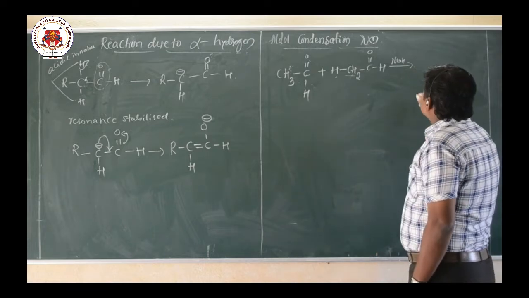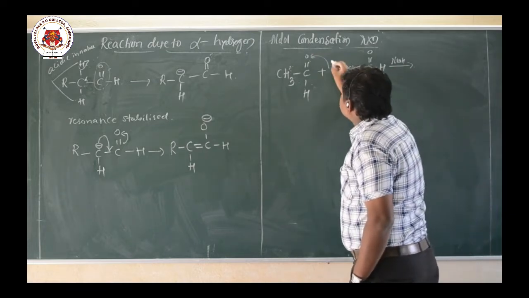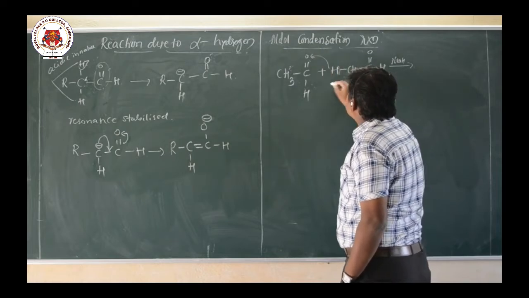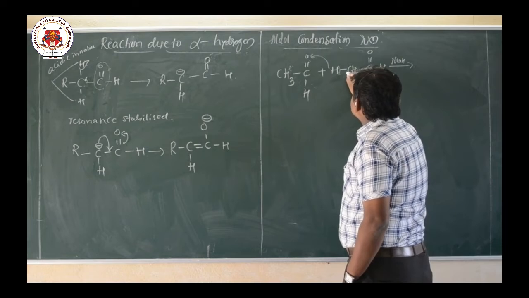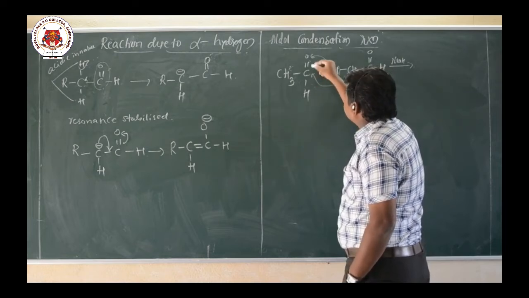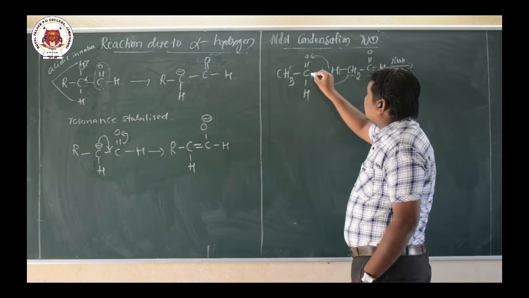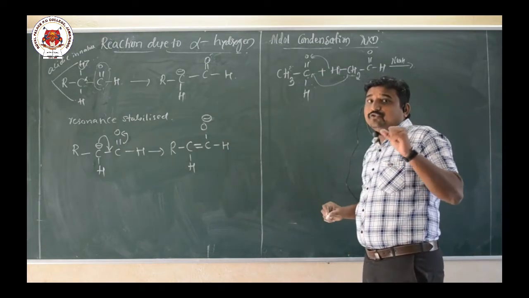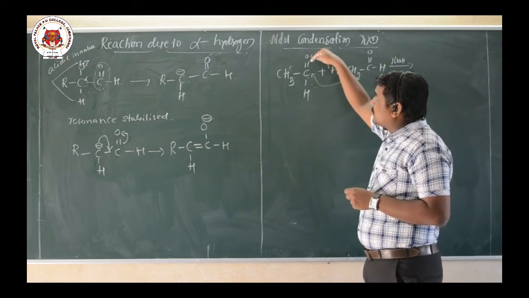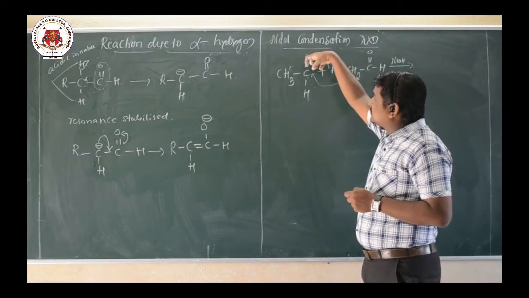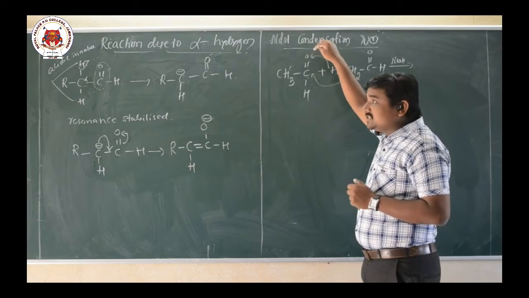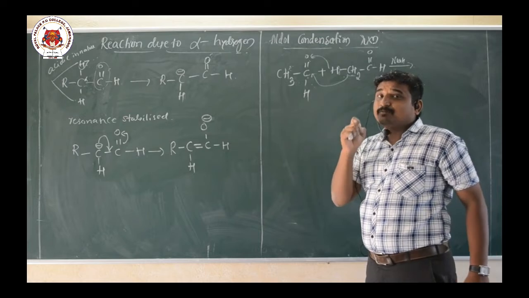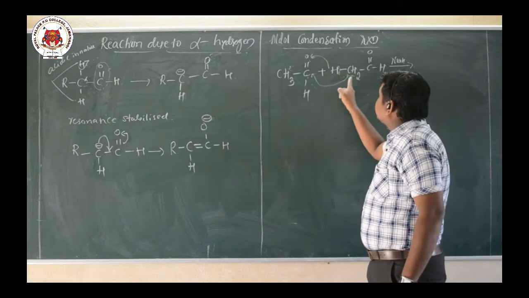So here what happened? The condensation reaction takes place. Now here the H plus part adds to this oxygen atom and this CH2 minus part adds to this carbon, because we already know that the carbonyl carbon is electrophilic in nature and the oxygen is nucleophilic in nature, because oxygen is the more electronegative atom which withdraws electrons towards itself. So this oxygen takes a partial negative charge and this carbon takes a partial positive charge. Hence the minus part adds here.